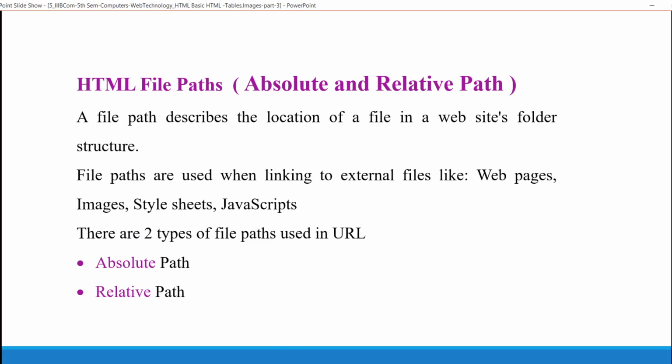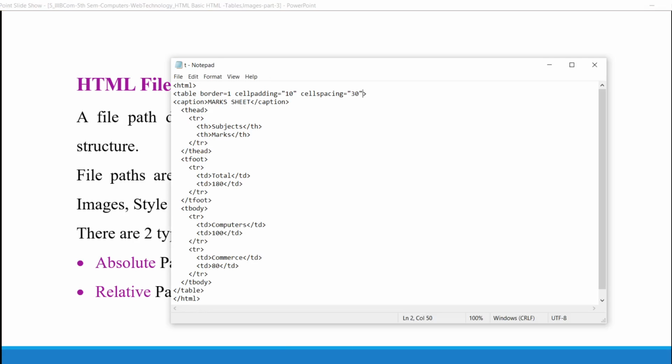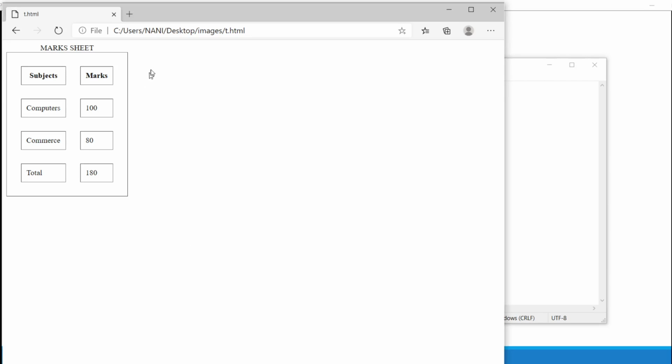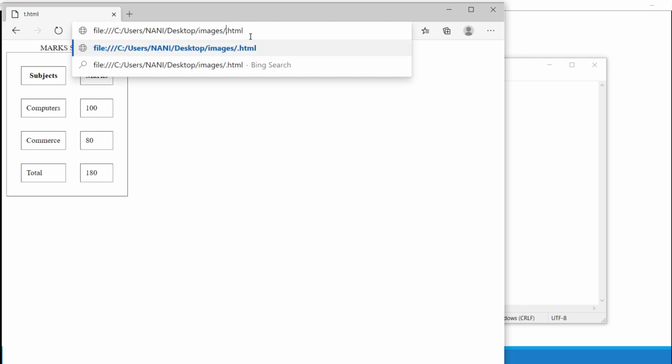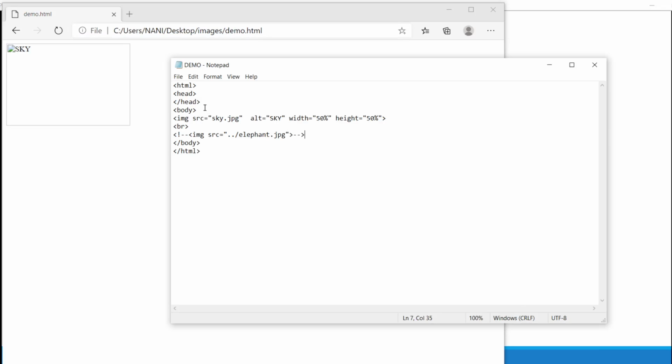Let's see the examples. See, if you observe here I wrote image.